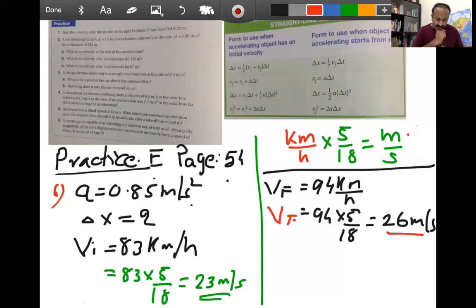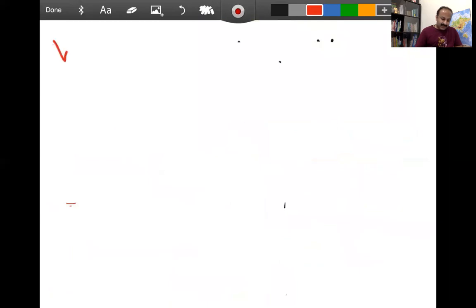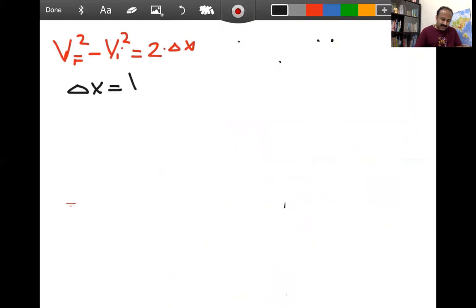And what they're asking, you're looking for delta x. Okay, so which equation are you going to use? The fourth equation. So let's write the equation. Vf square equals Vi square plus 2a delta x. Since you are looking for delta x, you can bring the Vi square to the left hand side, the same step we did before. So Vf square minus Vi square is equal to 2a delta x. So your delta x, the displacement, will be equal to